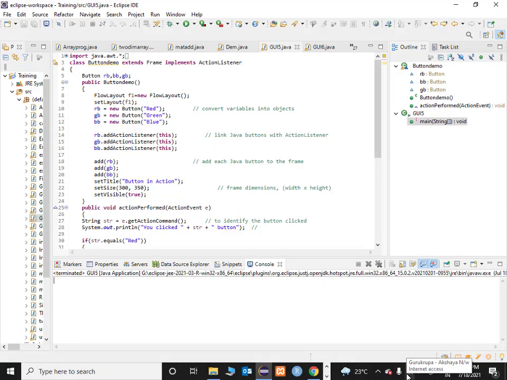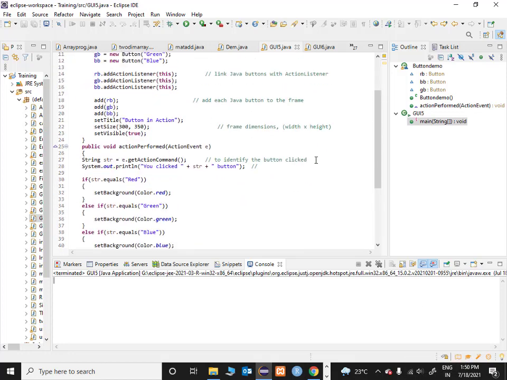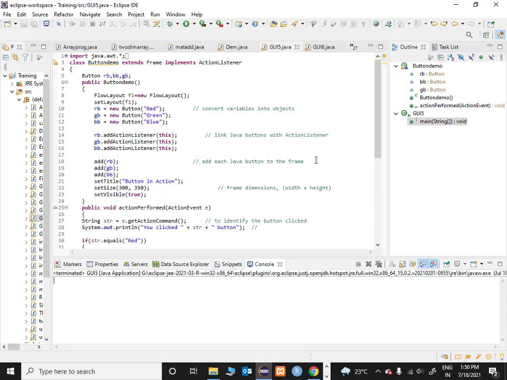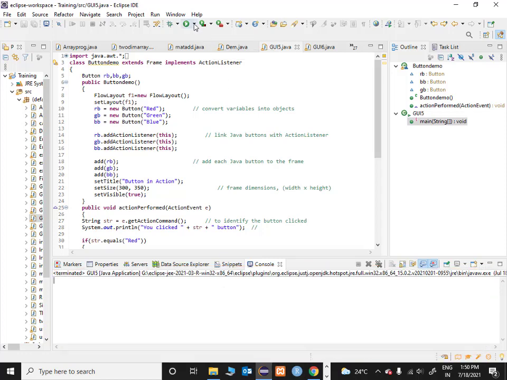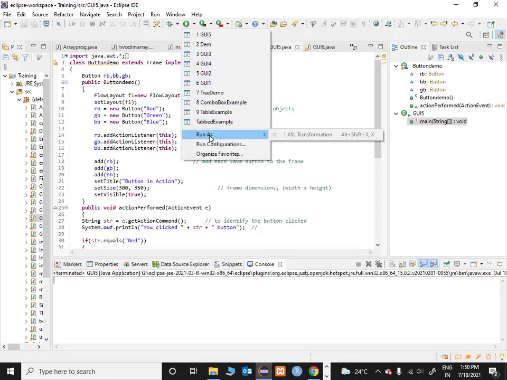Okay, now the program is ready here. You can see that I have already written this program. Let's not worry about the logic of this program. I'll explain the logic of this program step by step. But before that, first let's execute this program and see what output we are going to get. I want you to observe the console window of Eclipse as well and see what output we get when we actually execute this program. So let's go and execute this now.